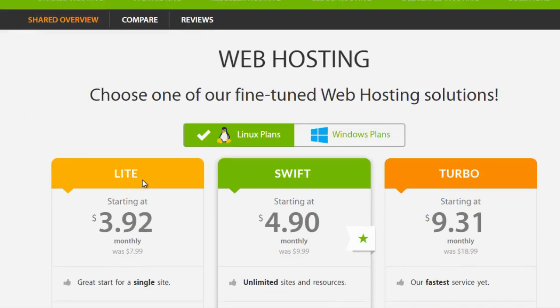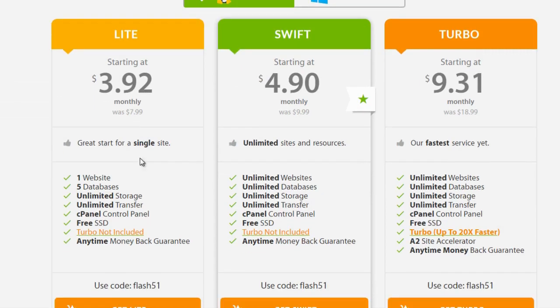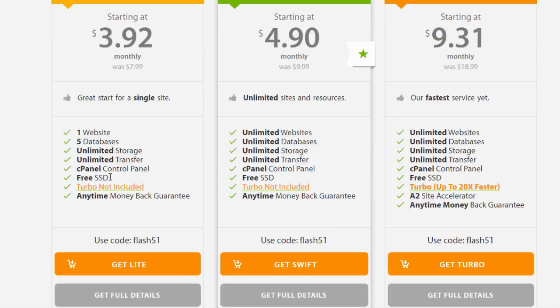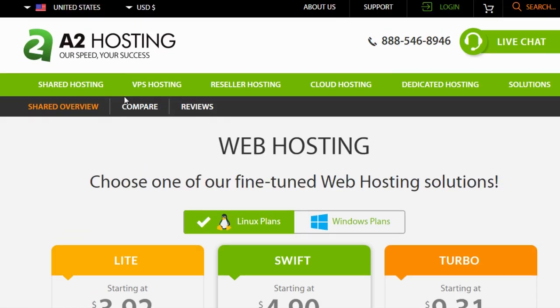Typically what you can do is start out with the very basic plan, and then of course move up from there. As you can see, A2 Hosting uses SSD, which is what you want. If you see any hosting that is using something like HDD, which is a regular hard drive, then you might want to pass. So for example,